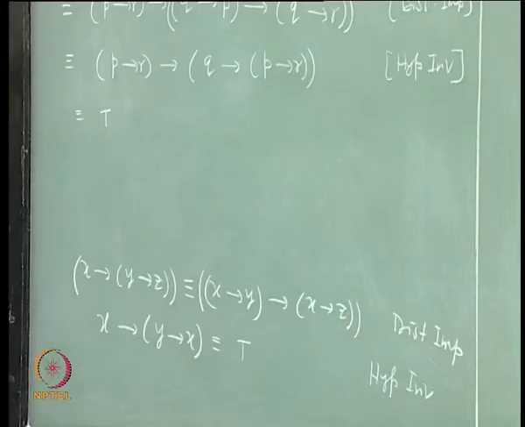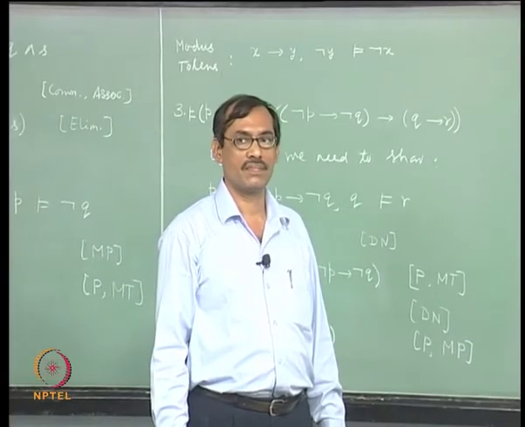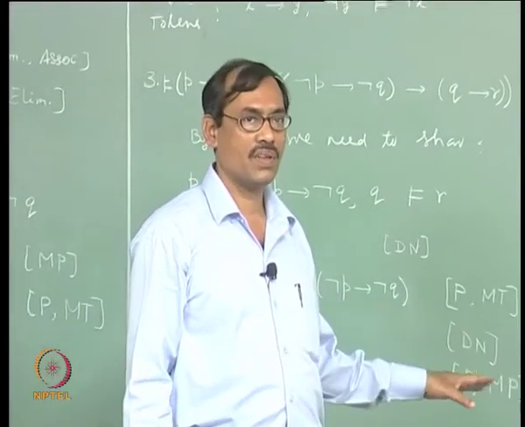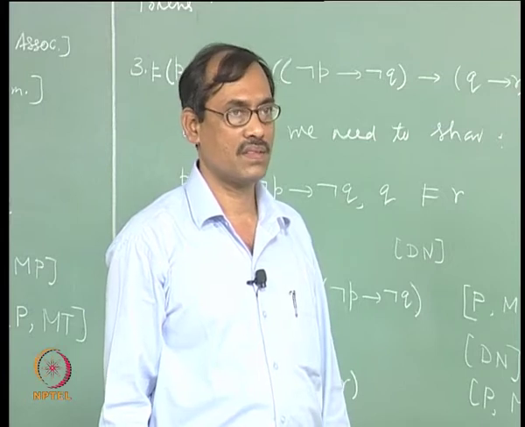So, in a calculation when you want to show something valid, it will be easier to show that that is equivalent to top, because you are going through equivalences or entailment, or you can show top entails that. That may need some ingenuity, which one to introduce you would not know. Top is a constant, it can be written in any form which is valid. So, which form will give rise to that one will be a bit difficult to find out, right. But this way if you go end with top, it might become easier. Is it clear?